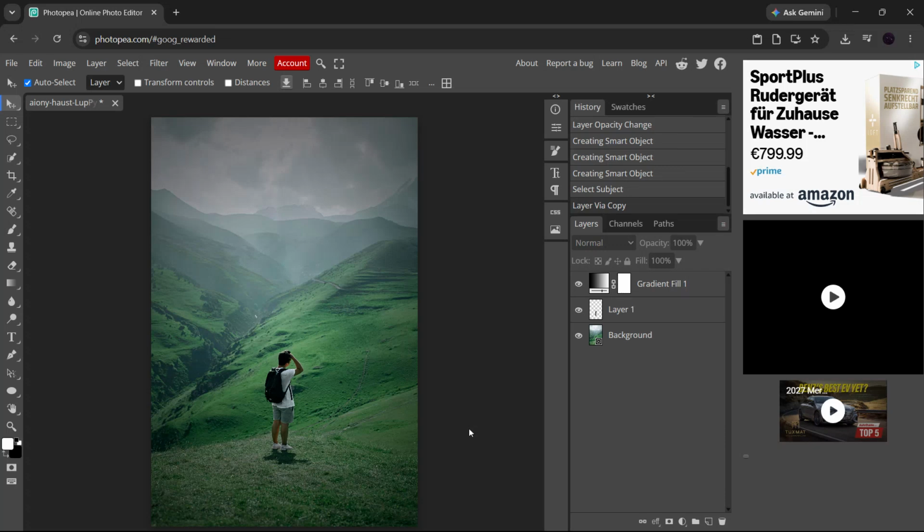If you want to blur an image in Photopea without permanently changing your original layer, this is the best method to use. In this video, I'm going to show you how to blur in Photopea non-destructively, so you can come back later and adjust the blur strength, or even remove the blur from certain areas if you change your mind. This is a super useful trick for background blur, privacy edits, portrait effects, and any design where you want more